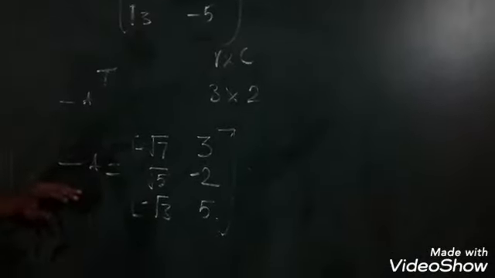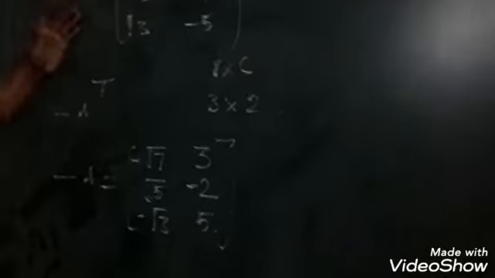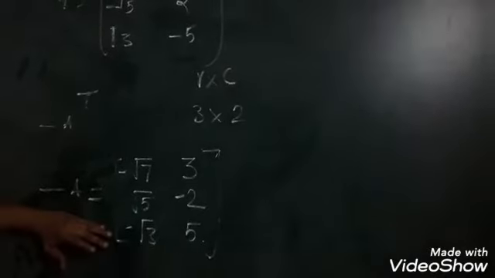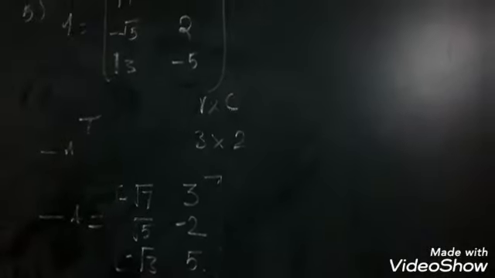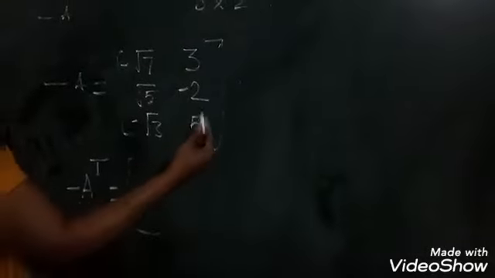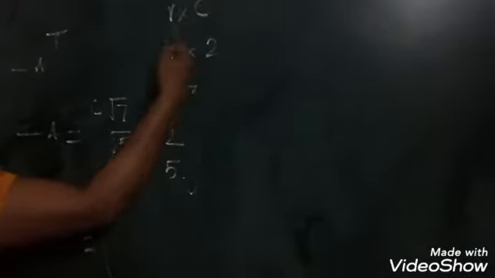Have you all understood? This is the negative matrix. Negative matrix means the symbols of the given matrix should be changed. The positive should be changed into the negative. Negative should be changed into the positive. Then afterwards they asked for the transpose. Transpose, as already said in the last sum, what are the rows and columns? 3 and 2. Here 3 twos are 6 elements. The same, you have to interchange the column and the row.